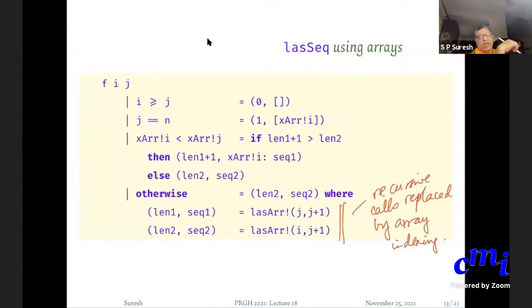There is recursion if you look deep into it. The first time you make a call to LAS array bang some index, if it needs to, it will make a call to f i j. But once that is computed, subsequent accesses to LAS array at some index will not entail a recursive call. This is really the point. You make a recursive call once, store the value, then use it henceforth.